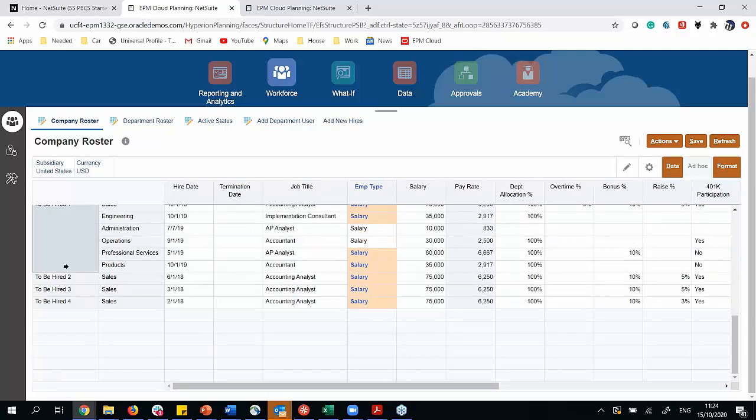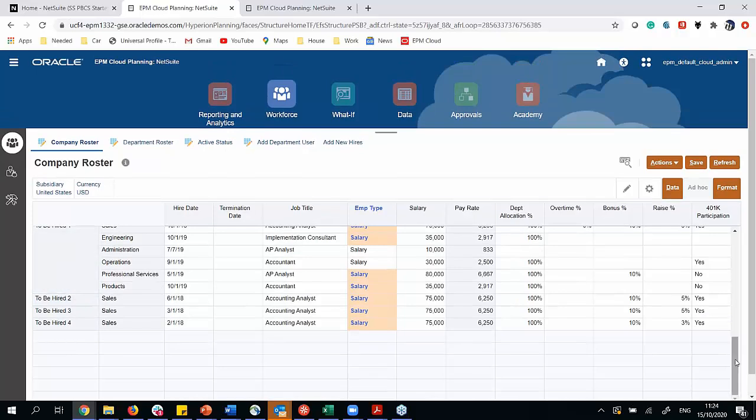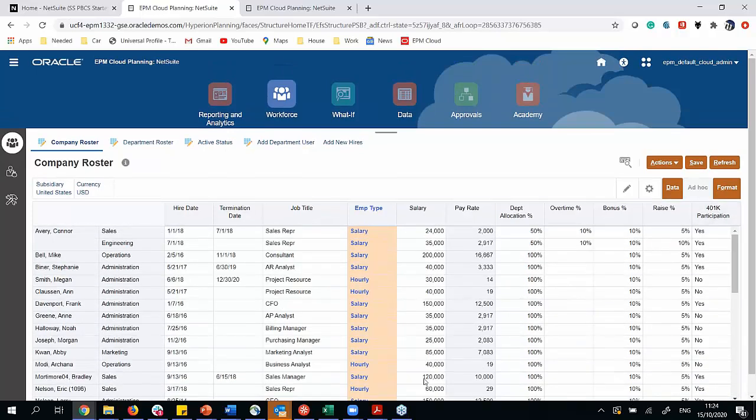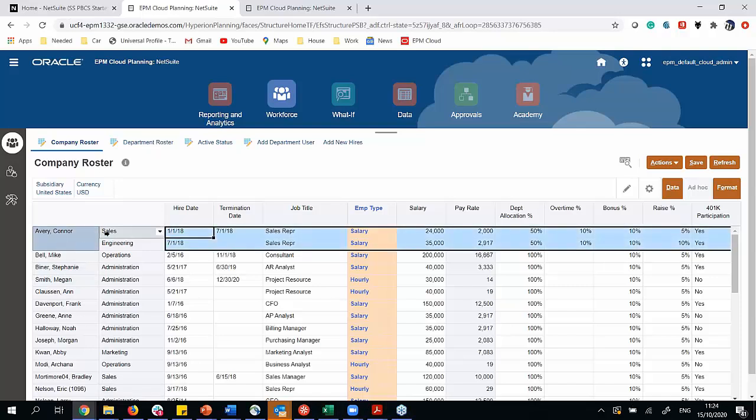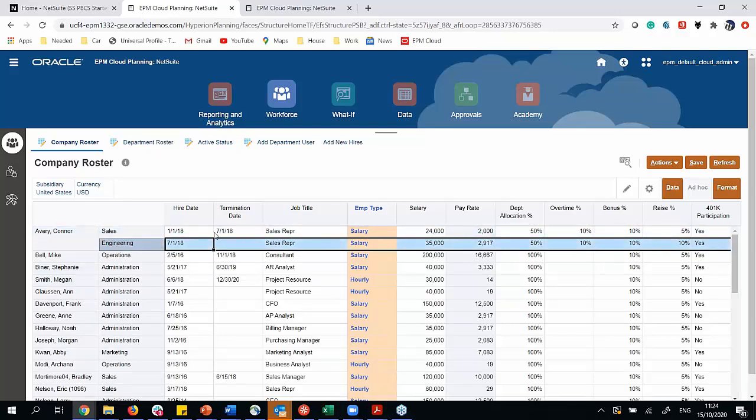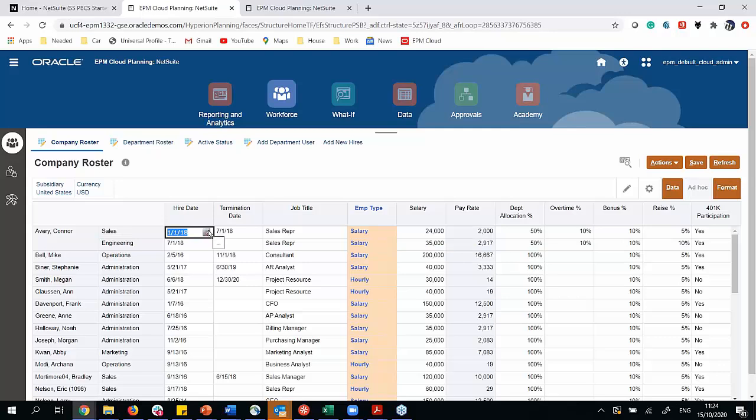You'll also notice that we've got our to be hired here down at the very bottom. And one thing that I did want to point out, which you probably already noticed at the top, we've got Connor Avery here, who was in sales, who has gone to engineering. We can see that he's got a hire date here and a termination date, but then a rehire date